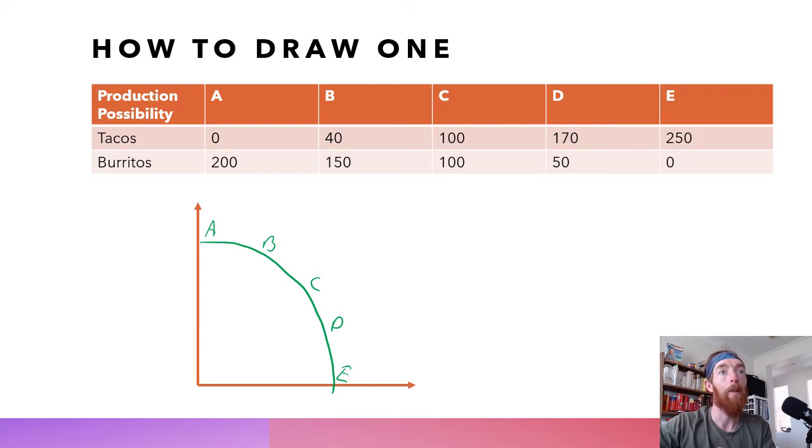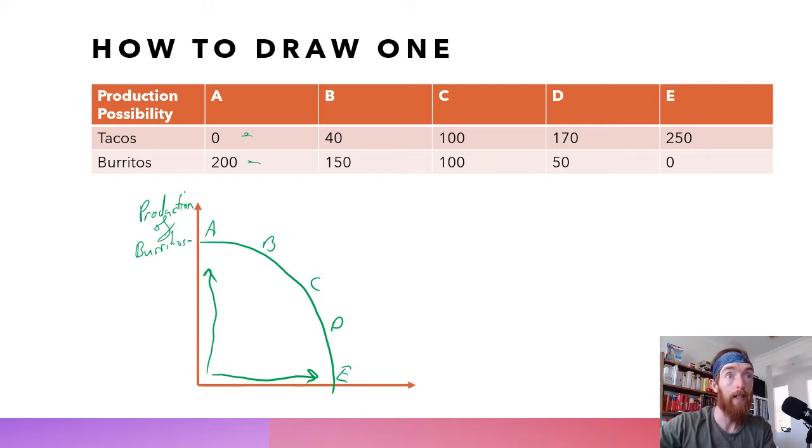So the important thing being that along these axes, the higher up you get, the more quantity there is. So if you go along the x-axis here, the further along you go, the more quantity there is. So at point A, we've got 0 tacos, but 200 burritos. So that means this y-axis is going to be the production of burritos. So if we make that the title for it, which is very important to have, production of burritos, we have that perfectly there. Then that makes sense that this one will then be production